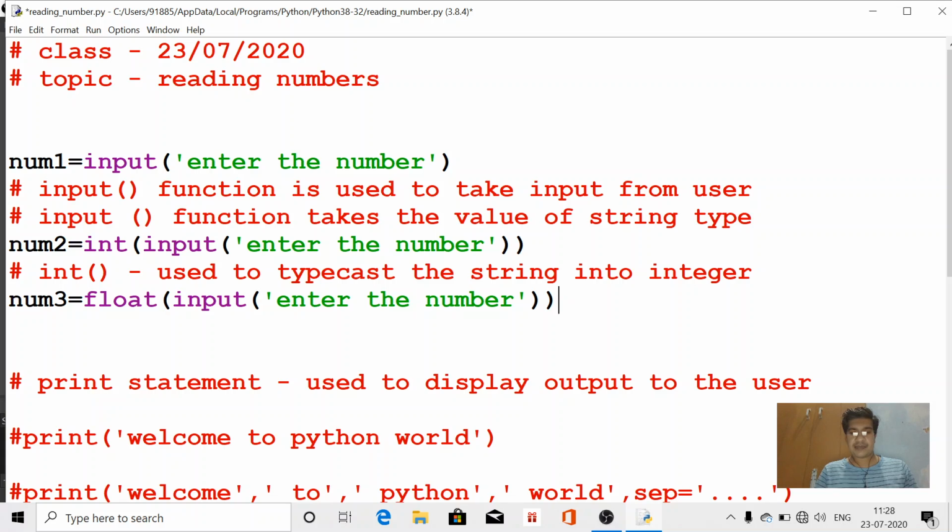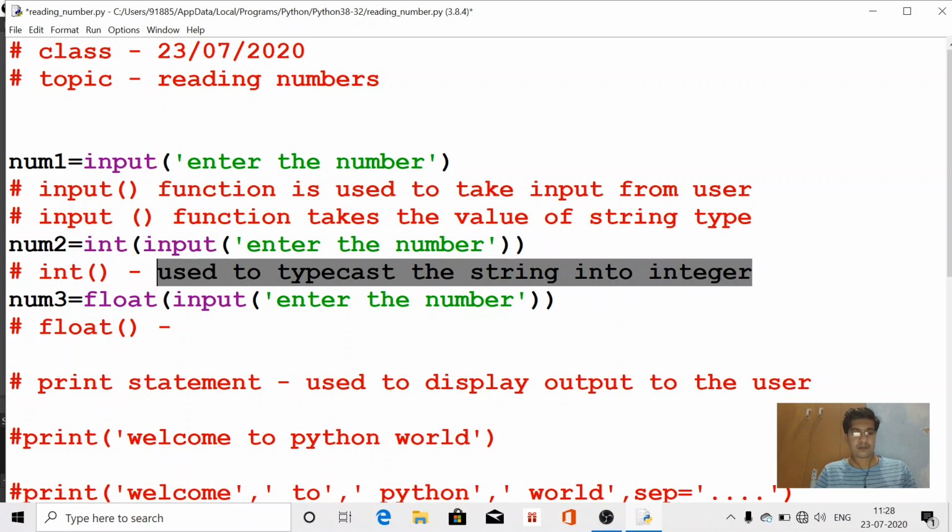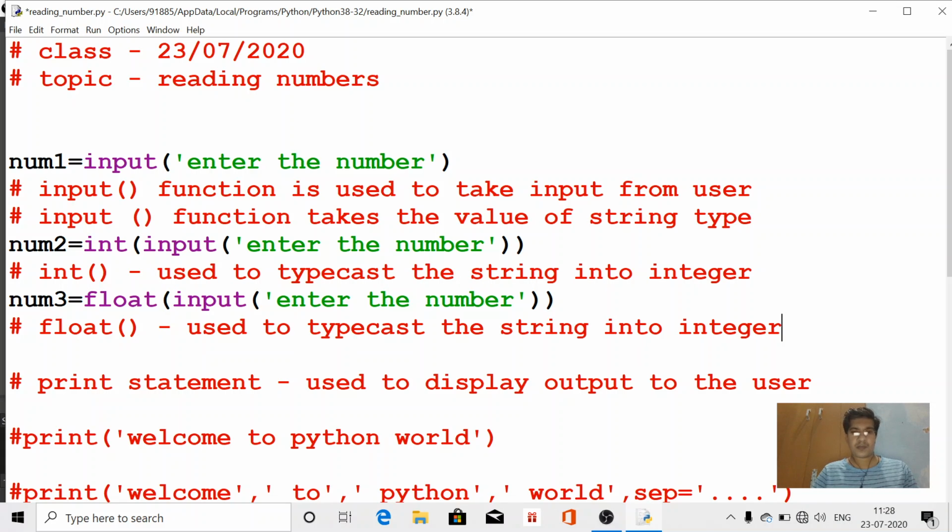Now in this line, the float function is used to typecast into float values, float type value.